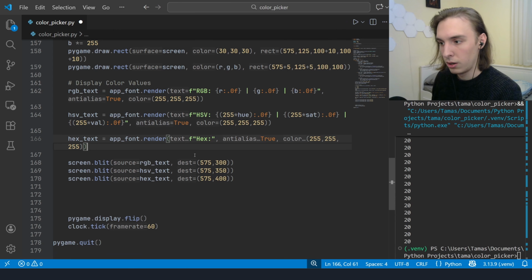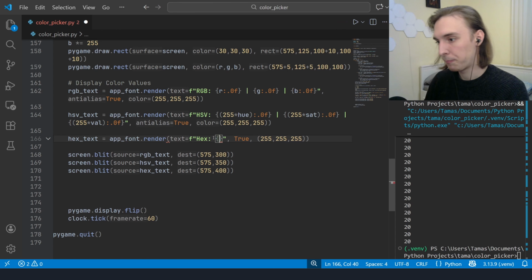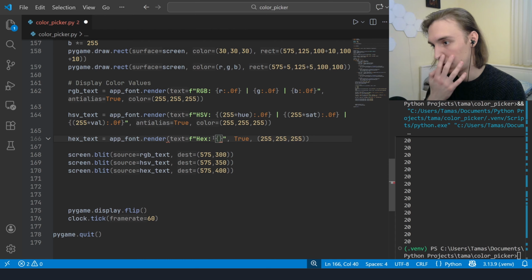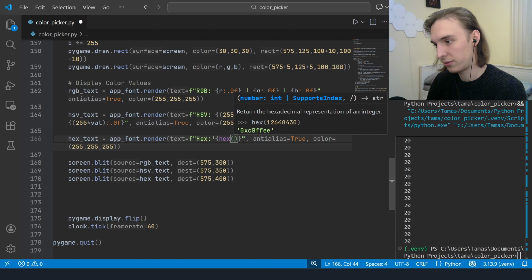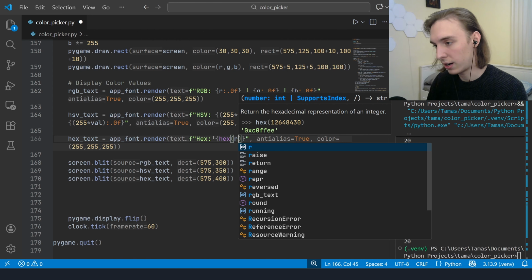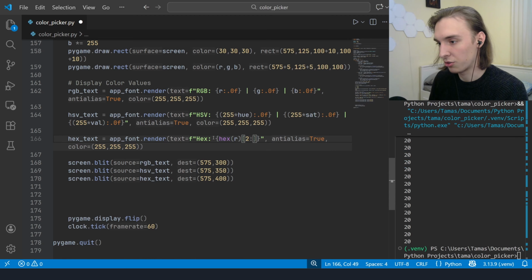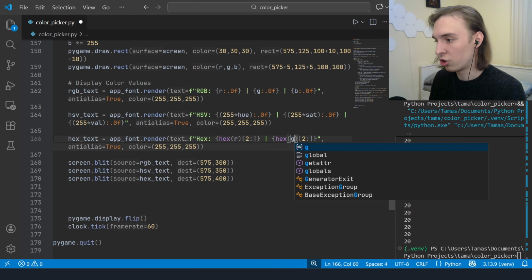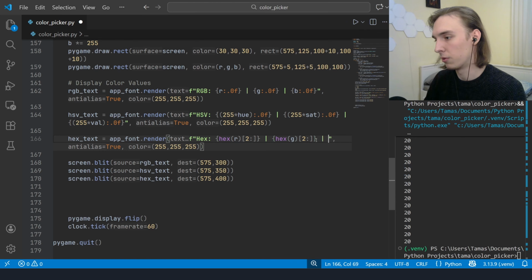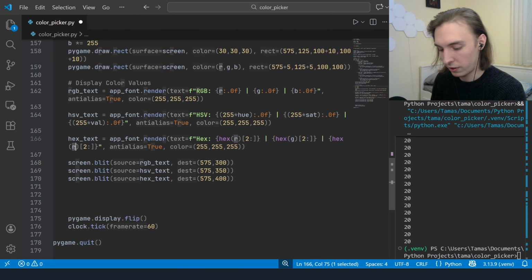So hex should be, well, hex of my R, and again we'll just ignore this prefix, the x. And the same for G, and the same for B. Put it in curly braces. And G, and I guess